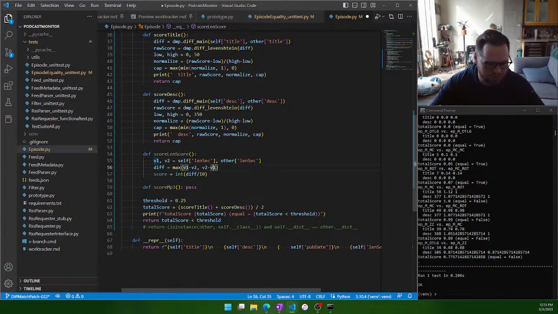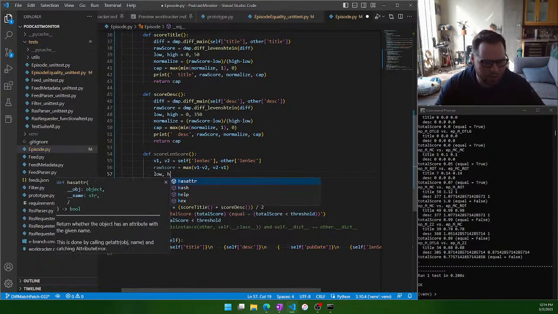These are integers, so we're going to take the max, so that whichever one is bigger, we don't know which one's positive, one value is going to be positive, the other is going to be negative, so we're going to take that. The reason I was dividing this by 10 was as a scale factor, so I'm actually going to take that out. So I'm going to say the diff is that, or actually, let's do, this is the raw score,